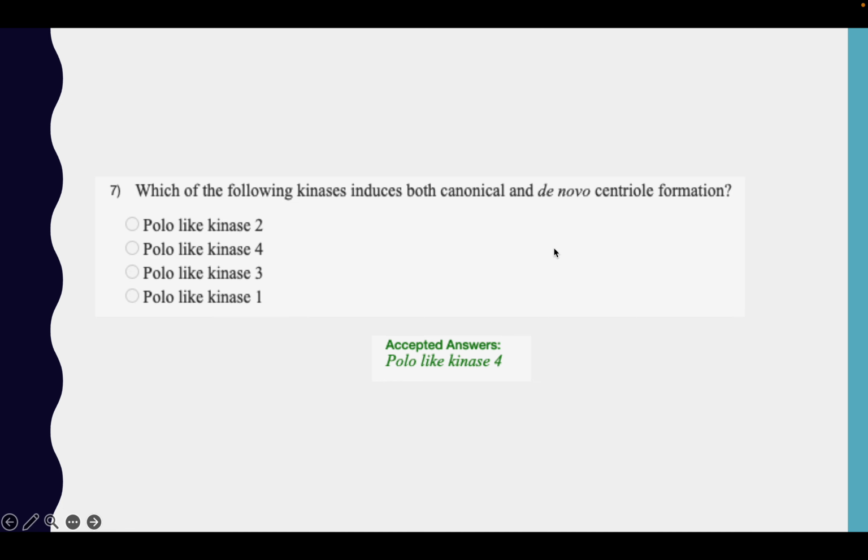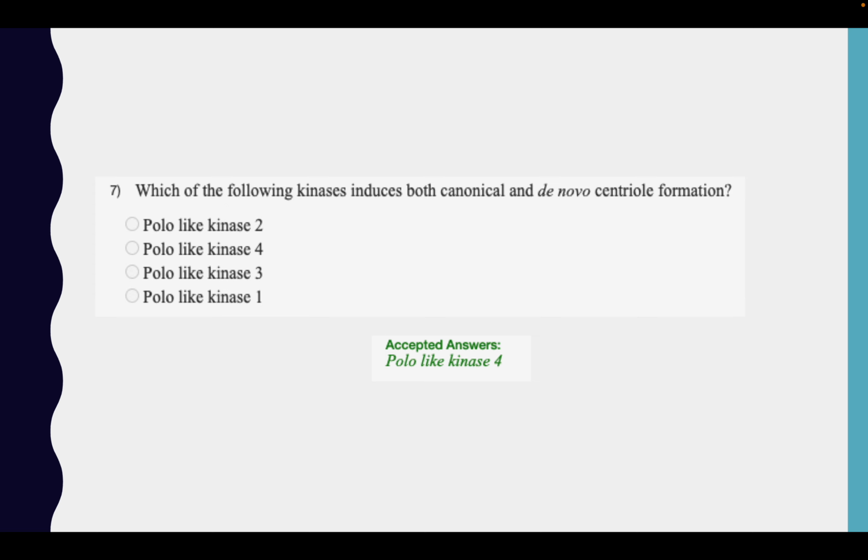And also, if I talk about the canonical pathway, this particular kinase triggers procentriole formation near a pre-existing centriole. Okay, while in the de novo pathway, it induces the centriole formation when centrioles are absent because it is from new. In canonical, it is from the pre-existing centriole, and in the de novo, it is when the centrioles are absent. So overexpression of this particular kinase can induce de novo centriole formation, and depletion or inhibition of its kinase activity